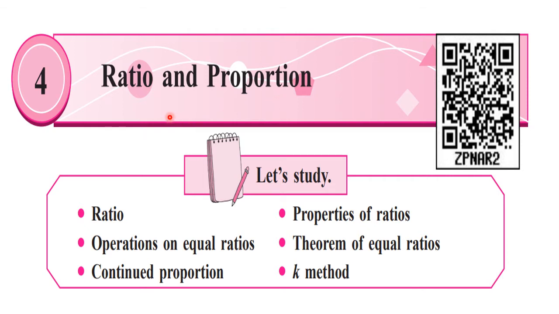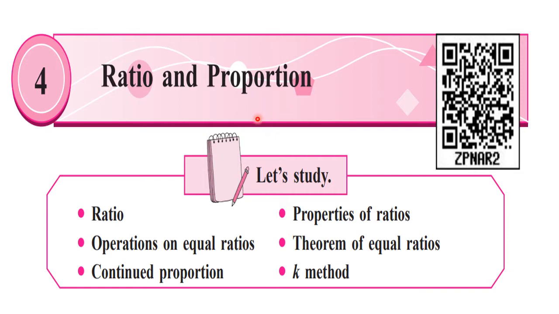The concept of ratio and proportion you have studied in lower standards. When we think of two quantities and compare them by dividing, that means when we write them in the numerator denominator form and convert it to the reduced form or lowest form, we say that it's a ratio. It's also called a proportion. The concept of ratio can be extended for 3 or 4 numbers and then we call it proportion.